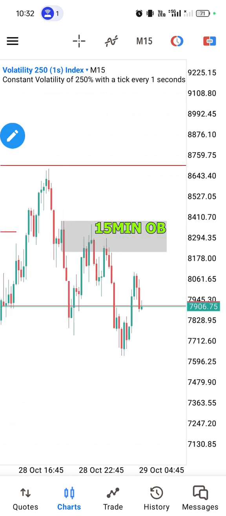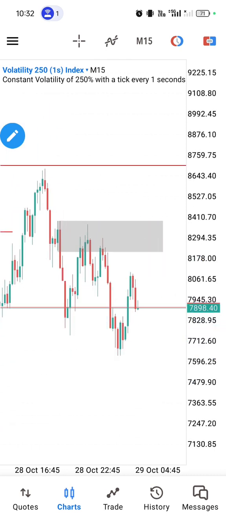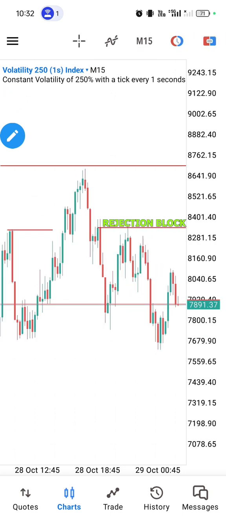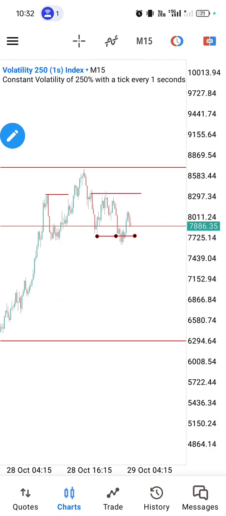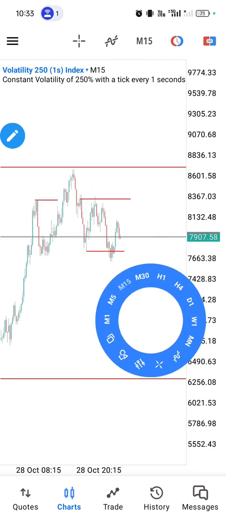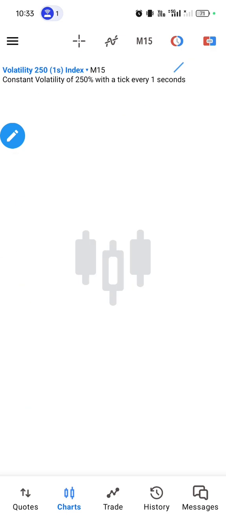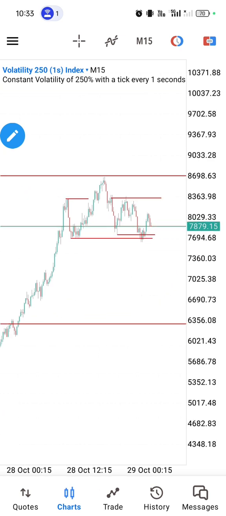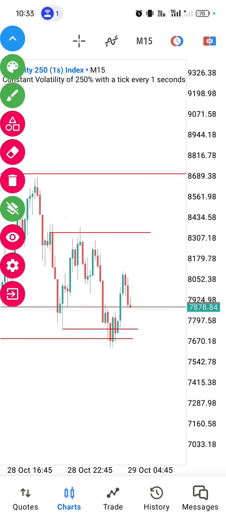Now price respected the 15-minute order block. This is within our reversal, and it respected the 15-minute rejection block, dropped down to give us a break of structure. Now after it gave us a break of structure, there is that low on our left and price wiped. Now after it wiped, of course it gave me doubt that maybe it might have just grabbed liquidity and it will continue to move up,